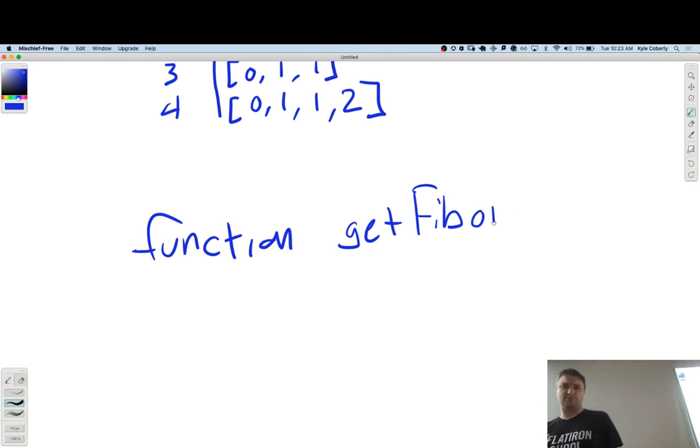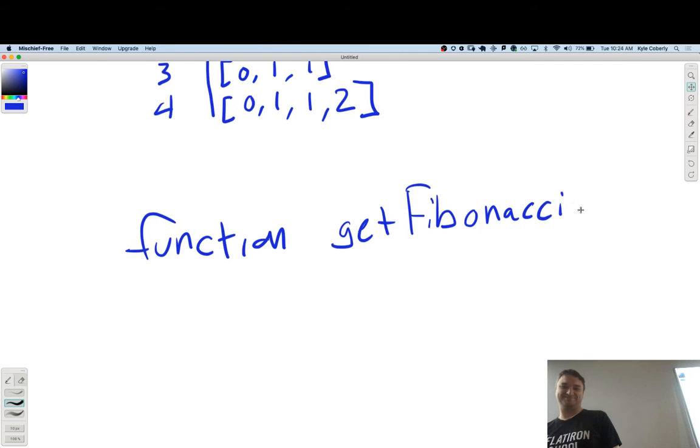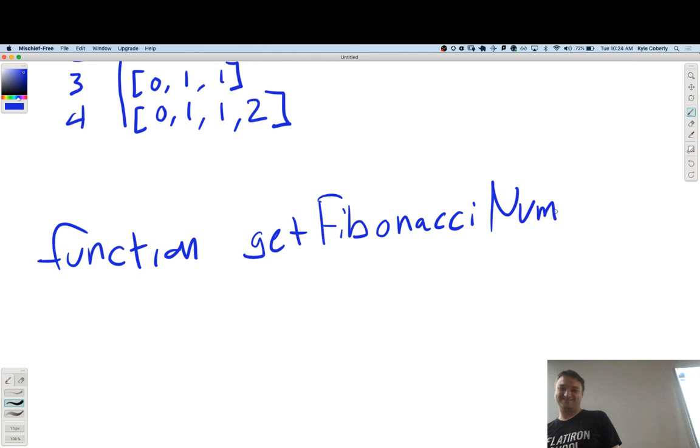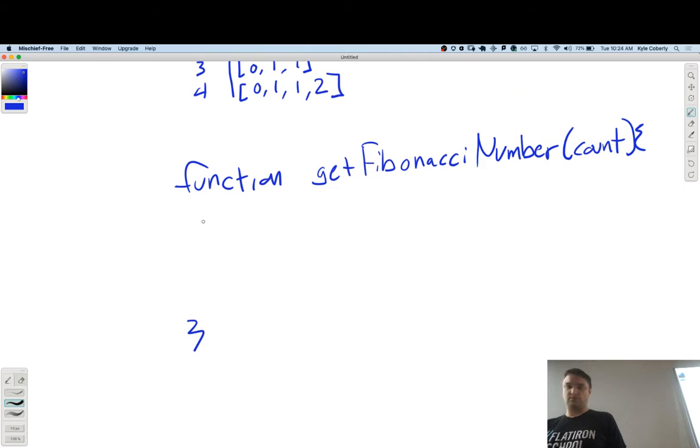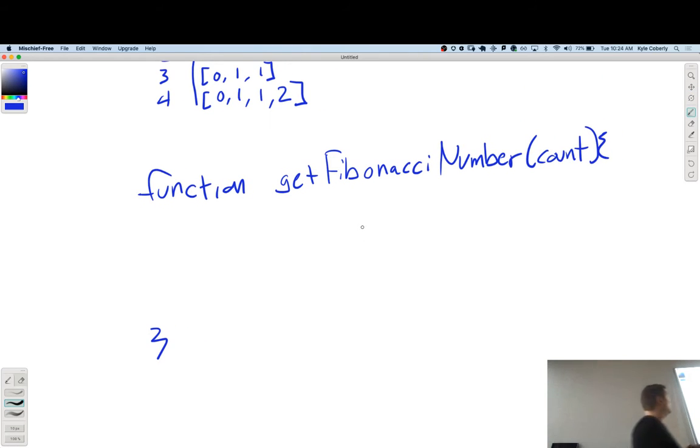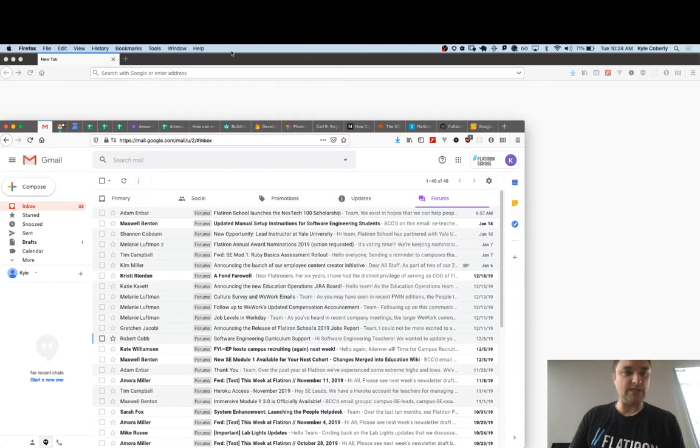A Fibonacci. Don't do racist impressions in your review. All right, so it's going to take in a count. All right, so timeout. This is a great opportunity to show that you know how to name things. If you make this get fib num and it takes in n, like you already failed my interview. Like, name things descriptively. Shut up. What is happening?